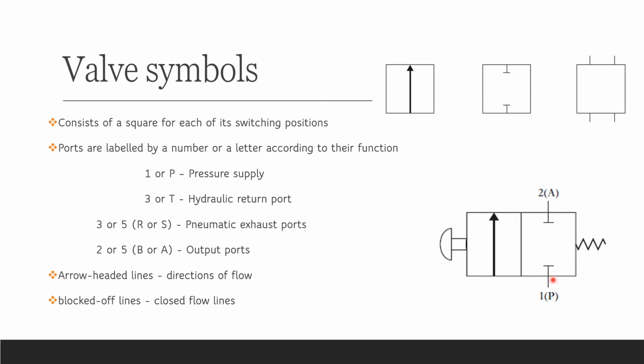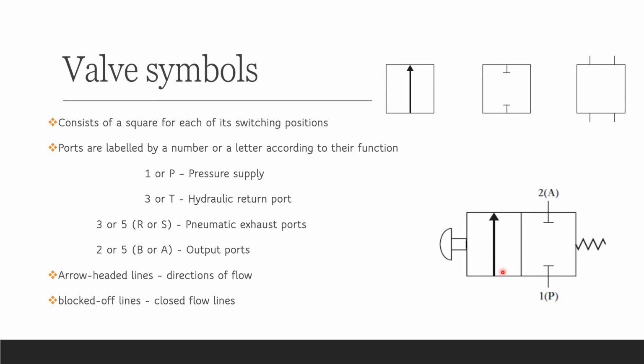And similarly for a poppet valve, in the initial condition there are 2 ports which are connected to the supply as well as the device. So these 2 lines represent the 2 ports in the initial condition. Now the second condition will be the working condition where there is fluid flow